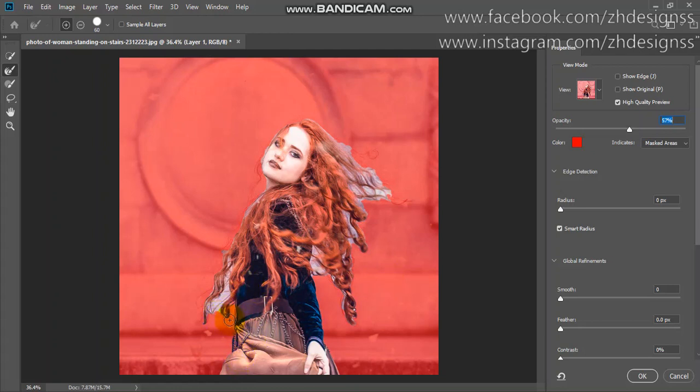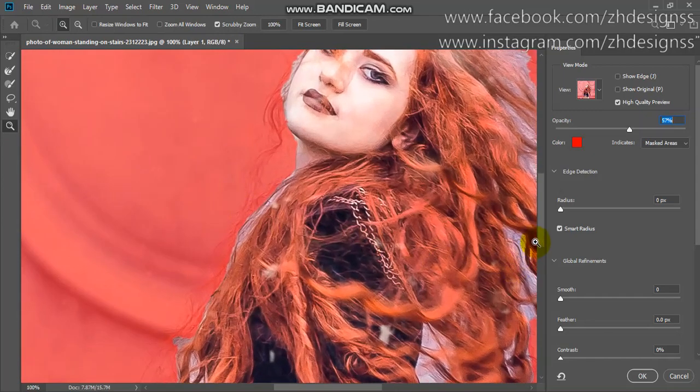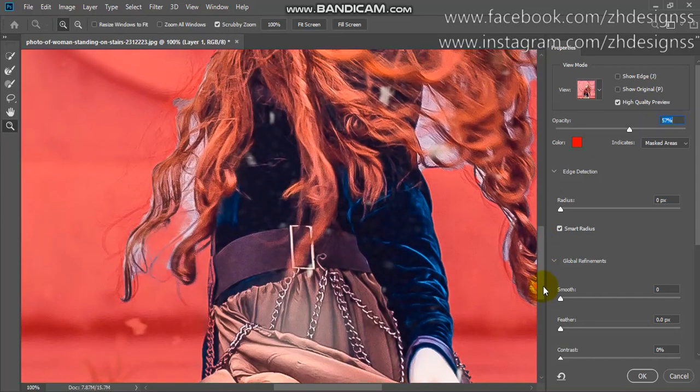Let me show you by zooming in how it works. Here you can see I am using Refine Edge. If I use this option here, it is actually removing the background behind your hair, so it is taking a very smooth selection.